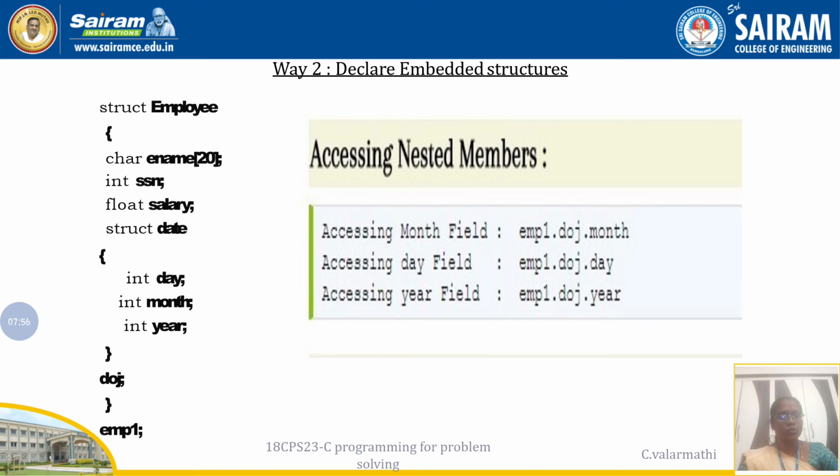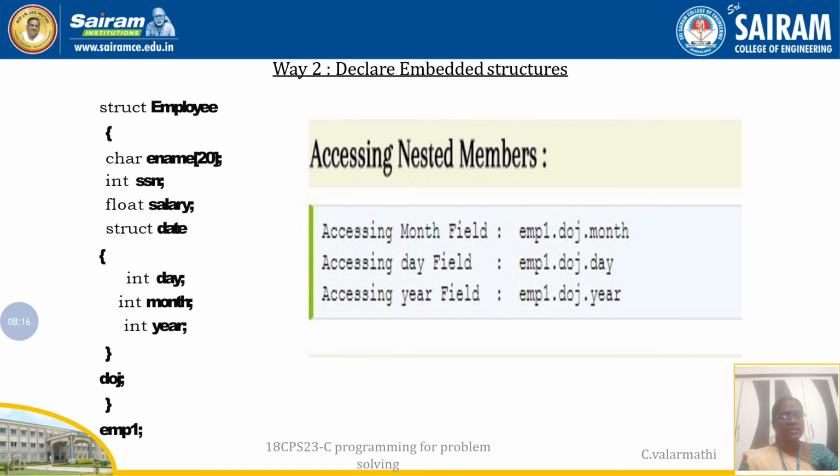Coming to date, we know that date consists of 3 fields. There is no built-in data type for denoting date, so in the previous example we created date, and using that date variable I have used it. But here I can use it like this also.